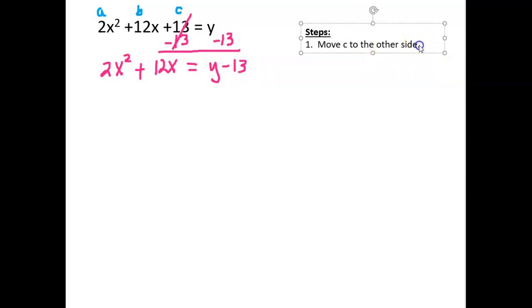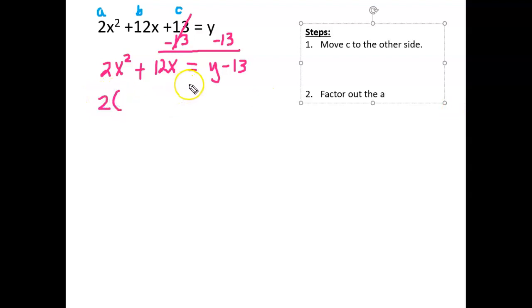All right. The next thing that we're going to do is we want to factor out the A. So this 2 in the front here, we don't want it there. We want to pull it out of what's left. We want to factor it out. So it's factor out the A. Okay, so what do I mean by that? Let's show you. All right, so I'm going to put 2 parentheses